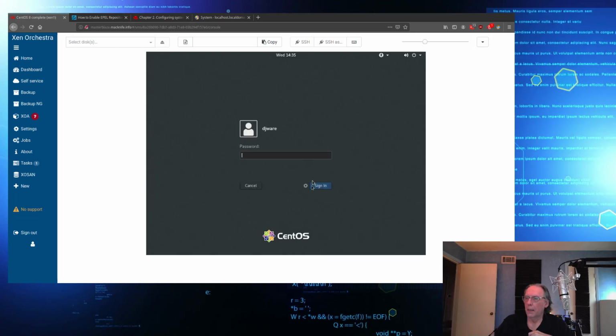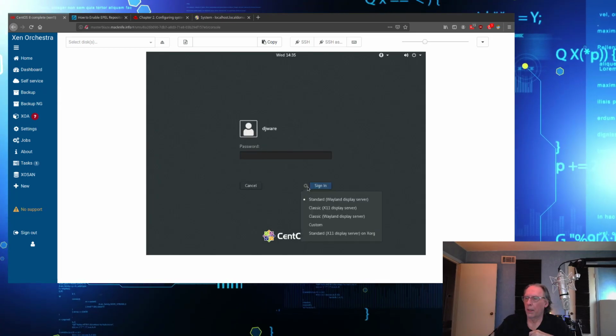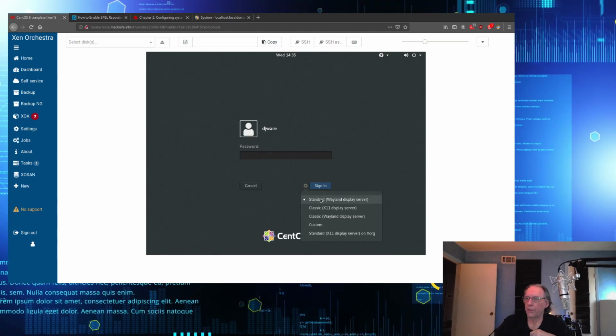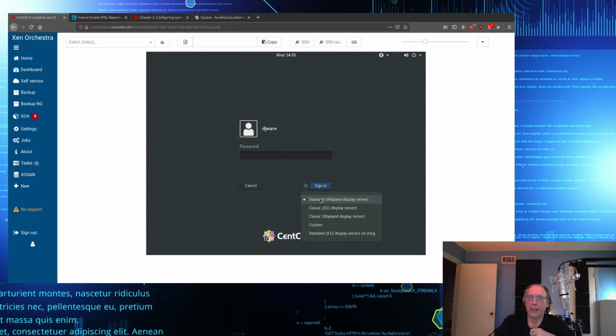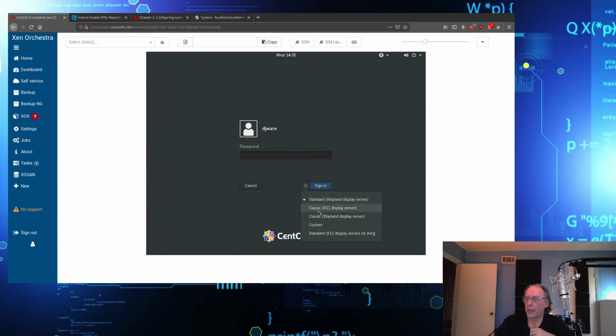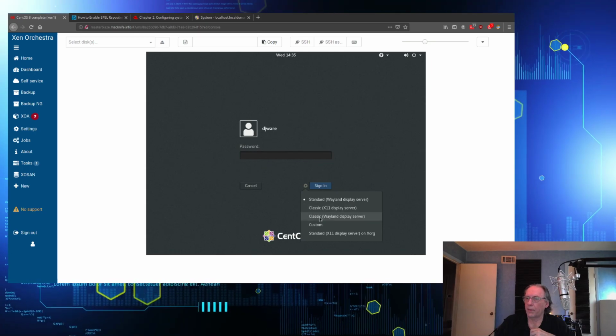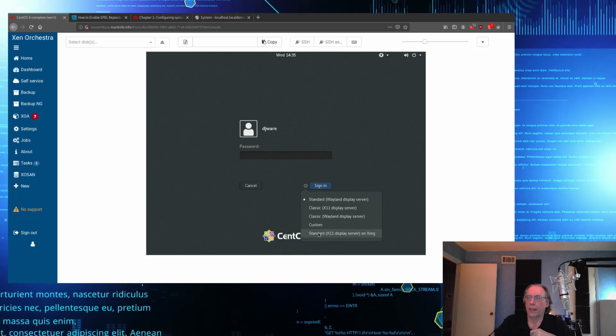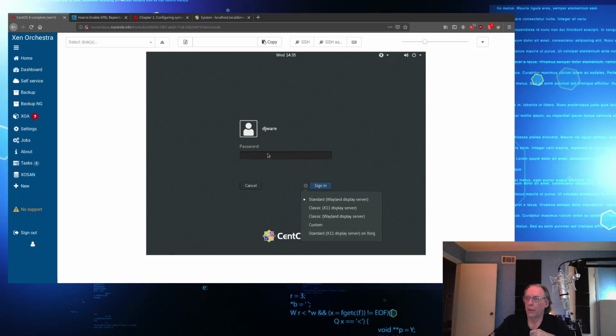Okay, so all you get with the standard install is GNOME 3.28, and that is running under Wayland. You can choose the classic display under X11 or under Wayland, or you can just do a standard X if you want to. I don't know why you would want to, but